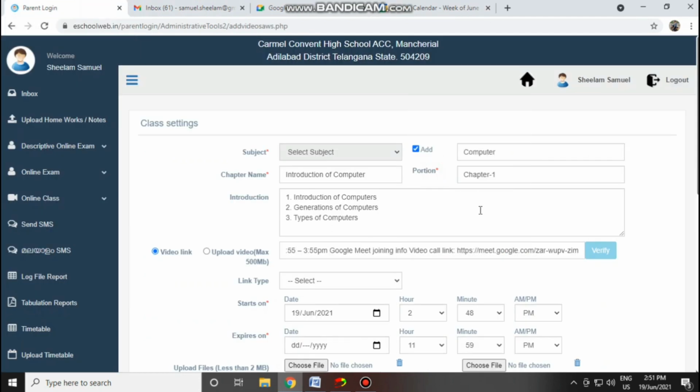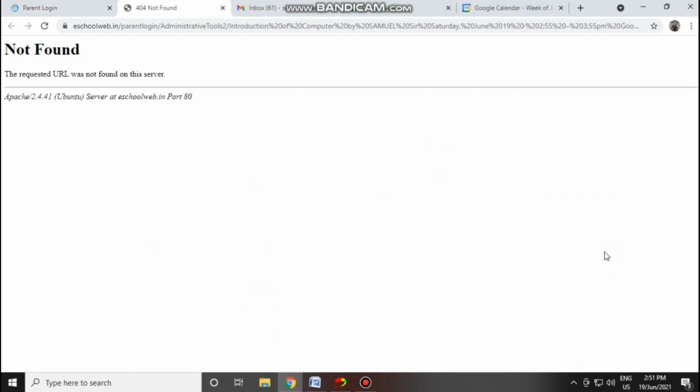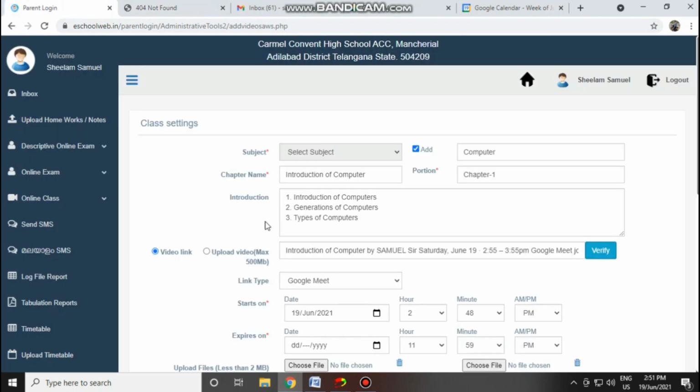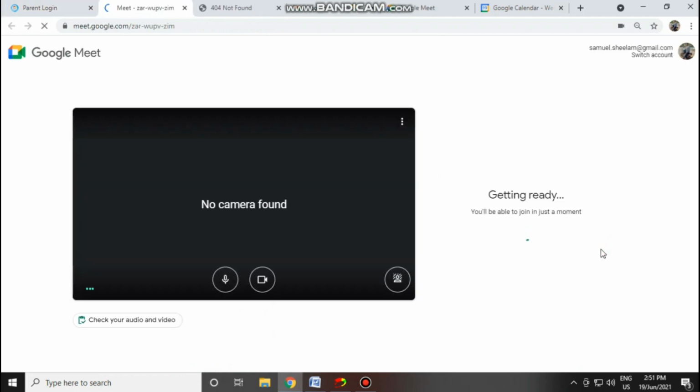Paste it there. It will paste the total link along with your description, but that is not your link. If you verify it, it will show the error that the link is not found. So what you have to do is delete this total text that we mentioned. From where we have to delete, there is an option called HTTP. Before that HTTP you have to delete. Place the cursor, delete the text. So this is the link. If you want, you can verify. Click on verify. If the link is correct, it will open the Google Meet window. So this is fine.